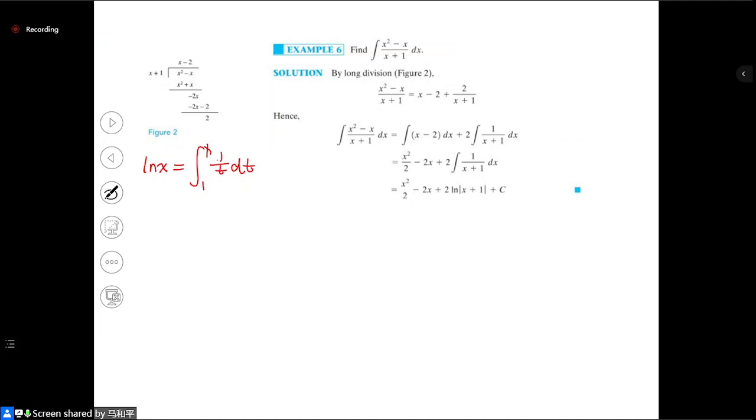And we have learned the domain of this function. x must be positive, right? And we also learned the differentiation of ln x, d/dx ln x, the derivative of ln x is equal to